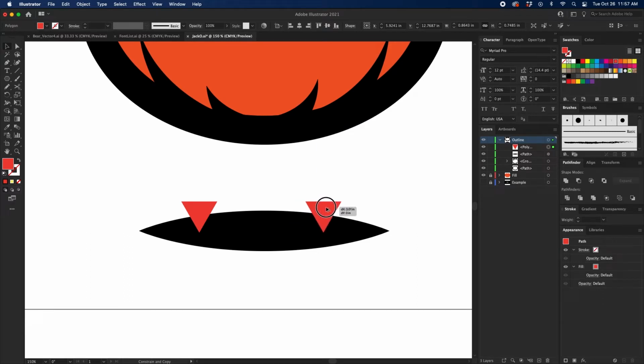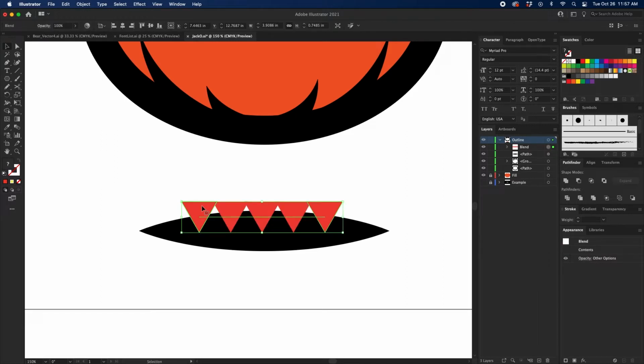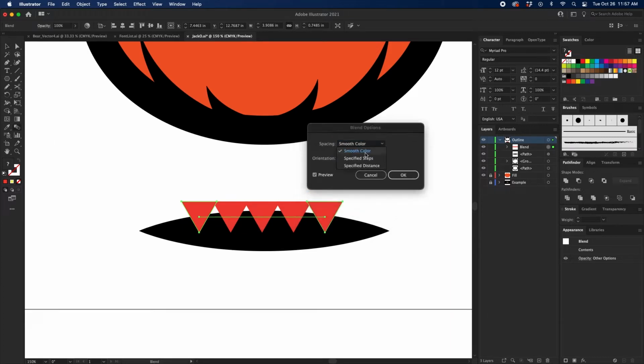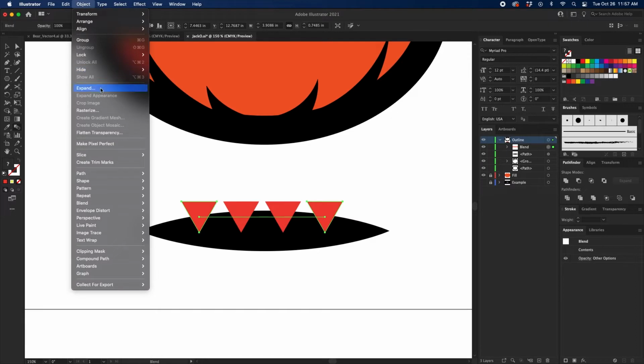So again, about a quarter of the way from the right, you're going to select them both, and you're going to do a blend. To do a blend, you select them both, hold down Alt and Command or Alt and Control, and then push B on the keyboard. And then we're going to go to the blend tool over here. You're going to double click, and then this dialog box will show up. Change smooth color to specified steps. Go down 1. It should be 2. We're going to go ahead and expand,